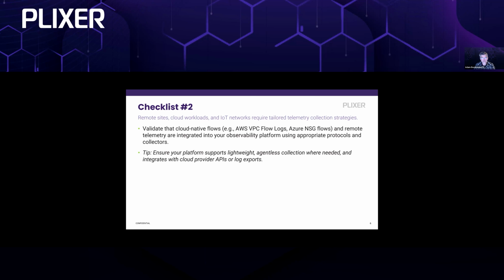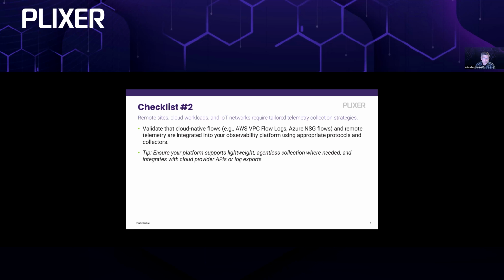So as you look at your observability platforms and you look on the market, you look at what you have today, a couple things you want to keep in mind, right? There's a lot of ways that vendors will support this type of export. Some will use agents, right? I'm not a big fan of agents. They have their place, but where you can get away with not using an agent, it's usually a win because